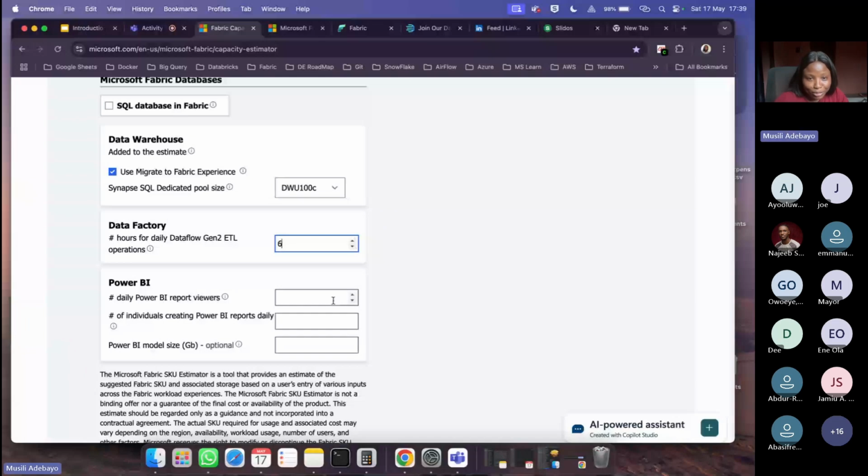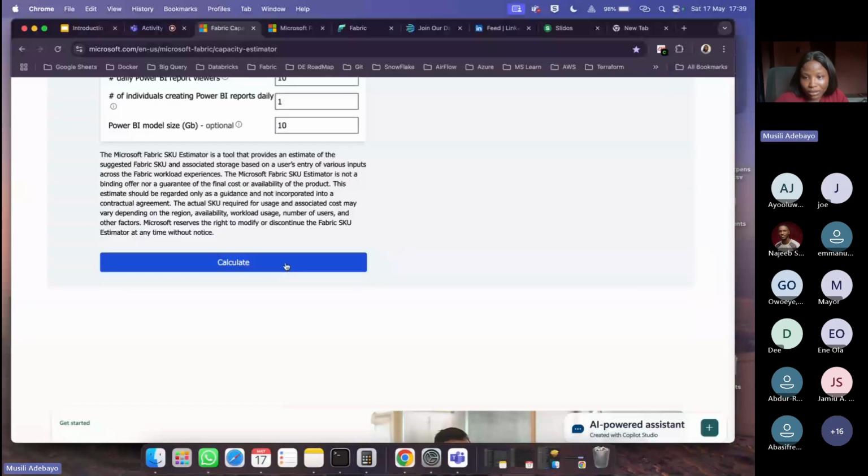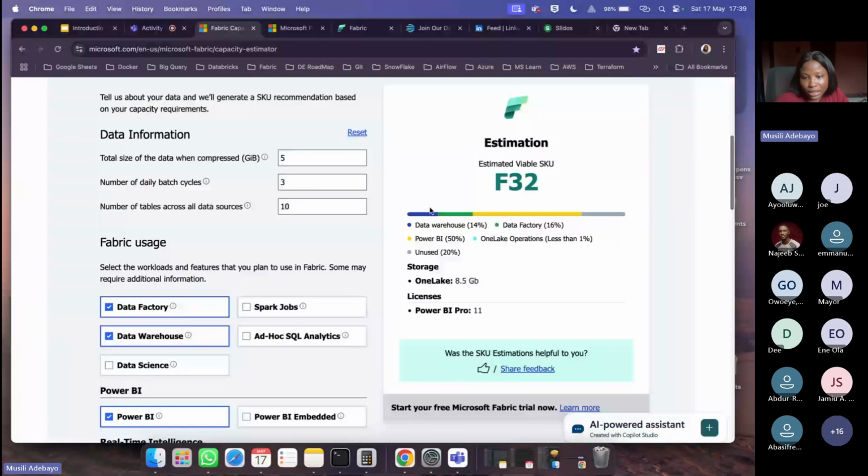How many people will be viewing my report? Let's say 5 people or 10. Number of people that will be creating reports, only me. What's the typical size? Maybe 10 gig. Then this should calculate. So Microsoft is actually recommending an